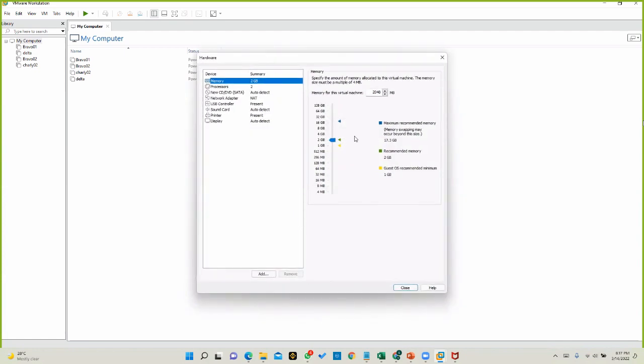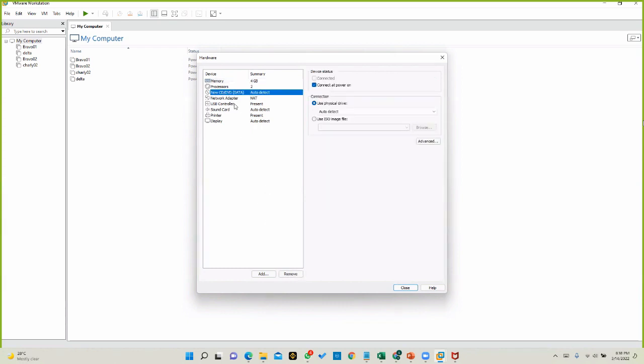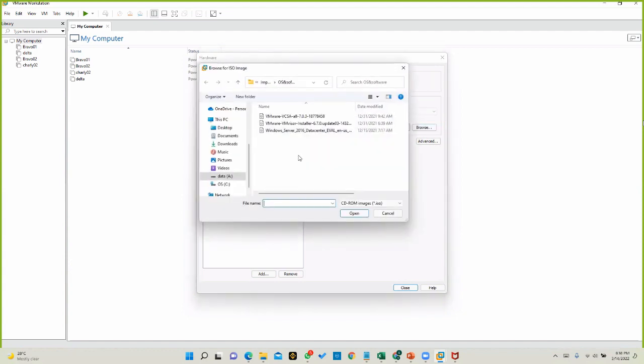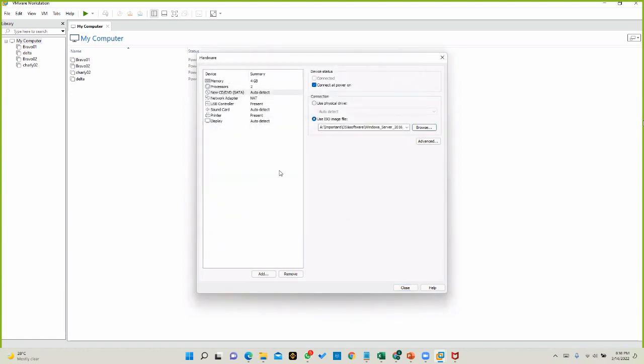So here you can customize your memory. Here I am going to give 4 GB, right? 4 GB, and go to the CD-ROM. I just want to select the ISO file. Right, so here I browse it and select it.